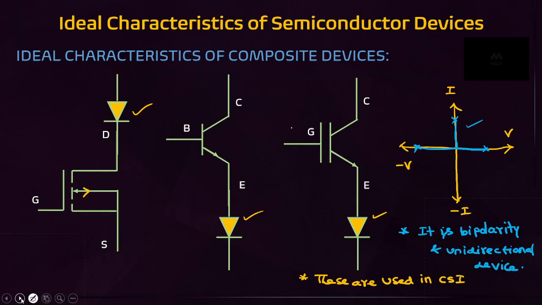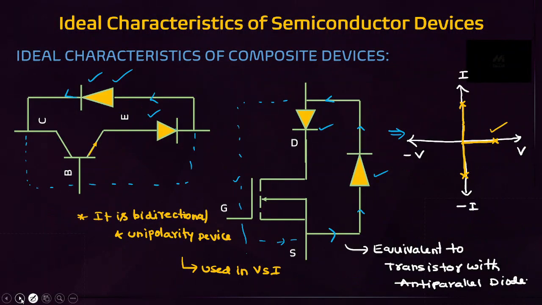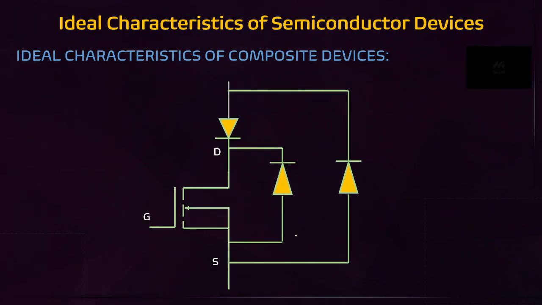These are the ideal characteristics with a series diode and anti-parallel diode. Then if more than one diode is given, I told you already, you have to check the path for the diode. If the path exists, then only you can consider the diode, friends. But the diode must conduct through this path. This diode cannot allow the reverse direction. There is no path for this diode. Remove this diode. Then once you remove that diode, what is remaining? Series diode and anti-parallel diode. If more than one diode is there, check the path for the diodes. If the path exists, then only you can consider the diode. In this case, this diode does not have any path.